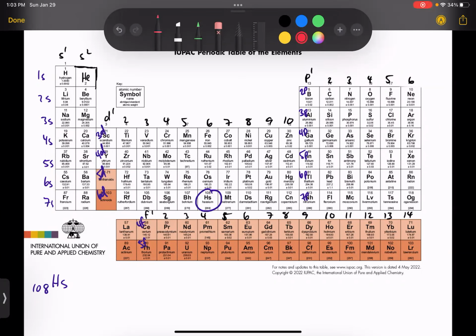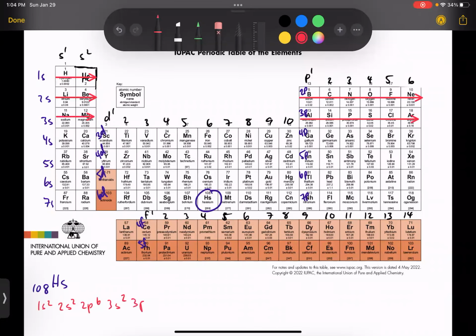Okay, so hassium is down here, and I'm going to start at the top, and I go 1s2, and I've reached the end of my first period, and then 2s2, 2p6 is the end of my second period, and I'll start writing down here. So 1s2, 2s2, 2p6, 3s2, 3p6, 4s2,